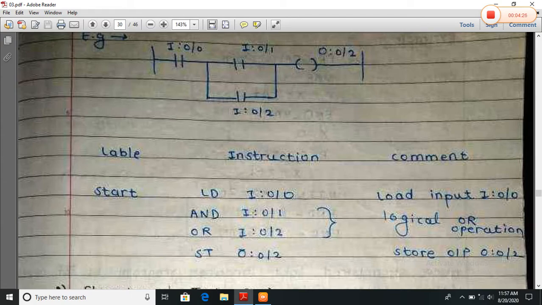AND, perform AND operation between input 0 and 1. Perform OR operation between input 1 and 2, and store the result at output 0/2. That is, load input, perform AND operation with input 1, perform OR operation with input 2, and store the result at output 0/2.